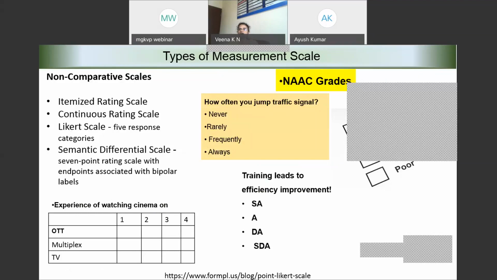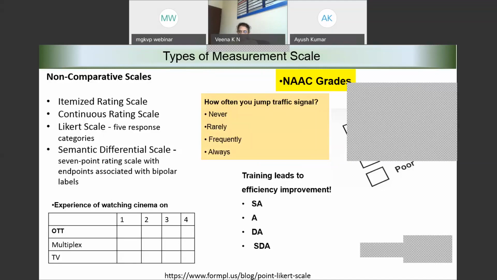So there is a challenge: we are trying to quantify a quality. The scale provides only an approximation of the frequency. Yes, that is a challenge. That's a limitation of any of these scales that we are talking about right now. And therefore, the best tool of measurement is the ratio scale, because it is the scale which captures the exact data.